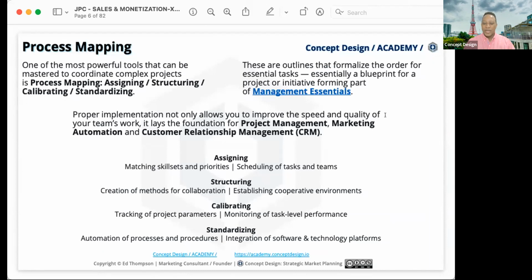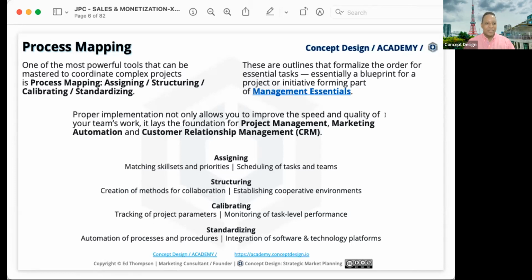All of you are working in different teams. And so as a team, there are different tasks that need to be done. Just within the structure of Japan Product Camp, there are also different challenges that have been assigned. There has been structure behind these challenges. As these sessions have gone on, you have all tried to calibrate different levels of your activity individually, but also as a team. And if you're lucky, you've been able to standardize your processes around how you assign, structure, and